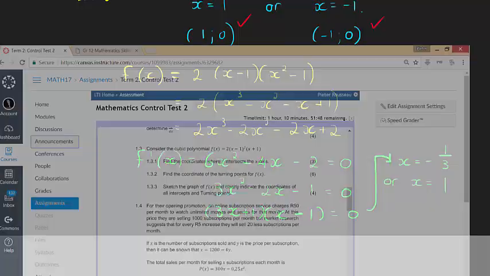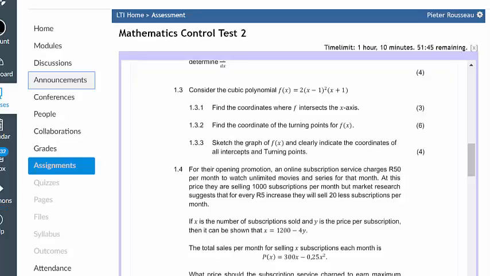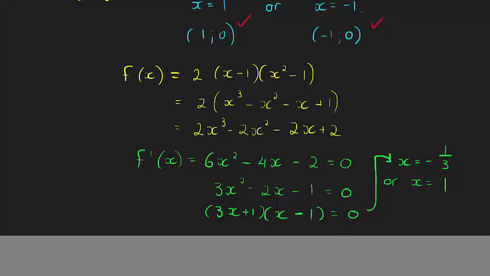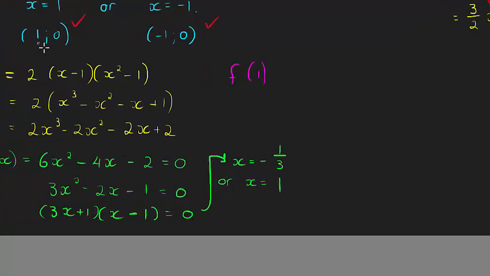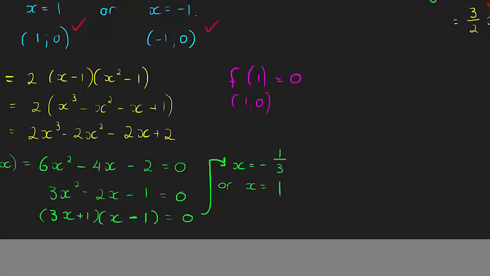Again, if I go and read the question, it says find the coordinates of the turning point. So I must find the y values as well. Okay, so now I go ahead and find the y values. The y values will be at f(1). Now I already know what f(1) is. f(1) is equal to 0. When x is equal to 1, y is equal to 0. I already know that. So in other words, this coordinate is (1, 0),